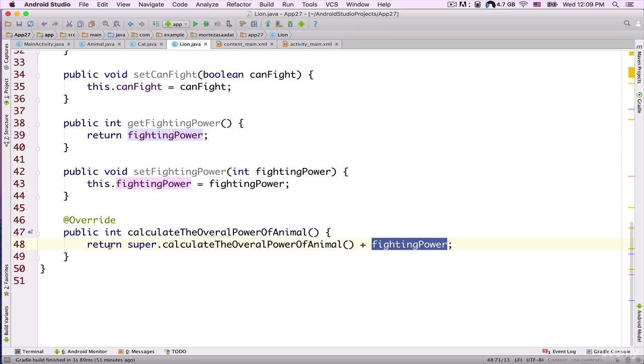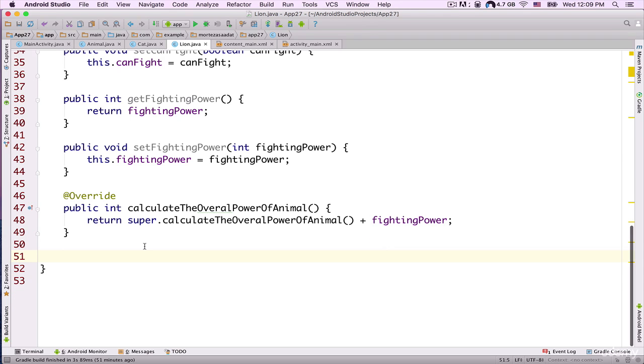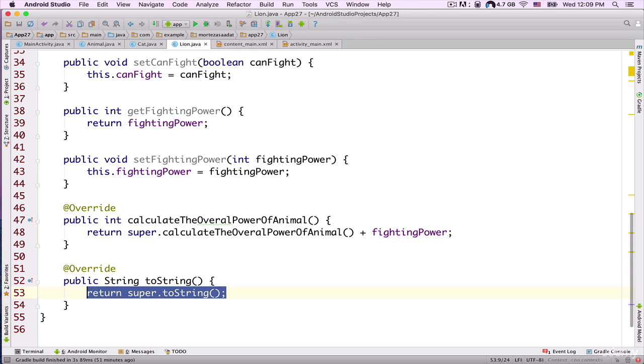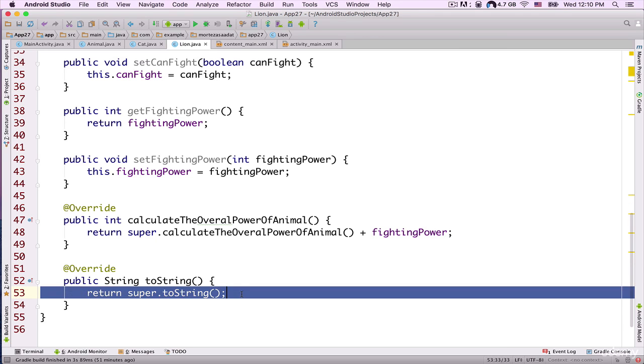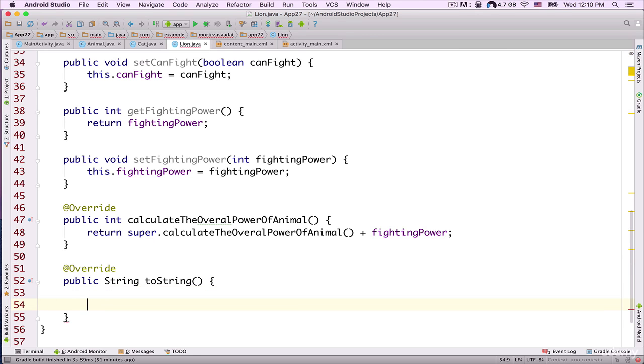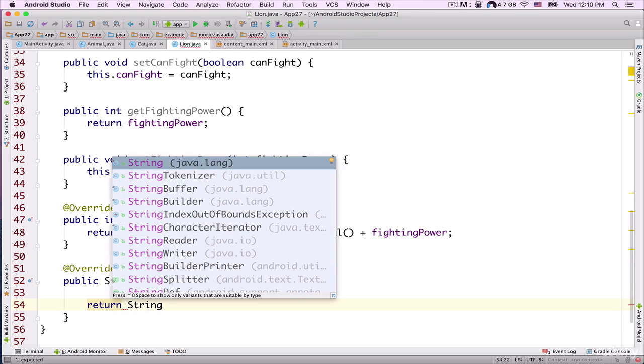And then I am returning that value to the caller of this method, okay? So now let's actually override the toString method that is inside of the superclass of this lion class. So I can just type in toString, and as you can see here, it says return super.toString here. Okay, so let's actually delete this line of code here, and here let's actually type in return, okay, string dot